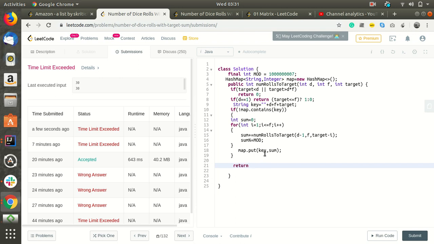If it was already present, then it will not recalculate the tree. If you want more info, I can create videos on how to create the recurrence tree in order to check whether memoization is possible or not. So let me know in the comment section if you want that video. Now we will be returning map dot get key.